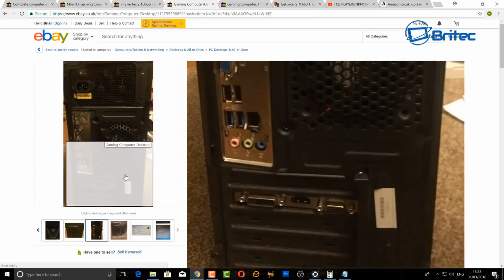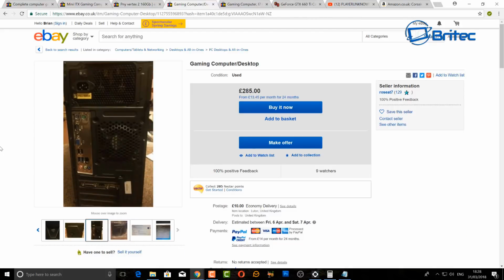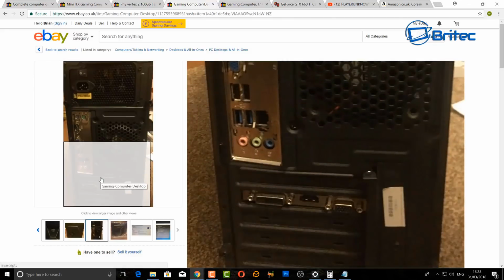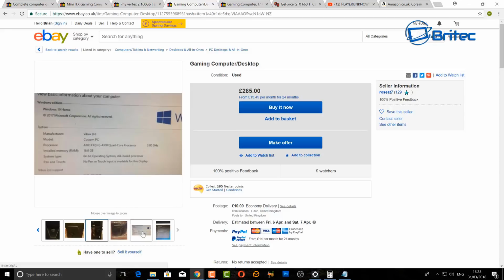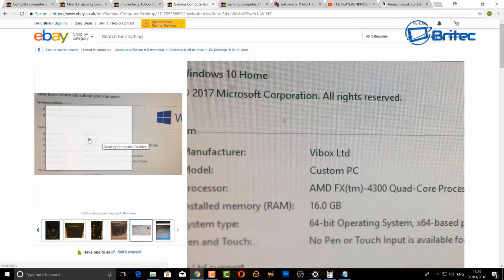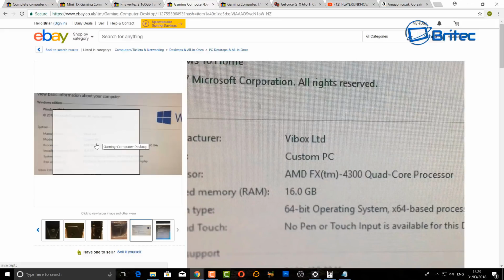Maybe 120mm fan on the back. So as you can see here, he's showing you some bits which you're going to get. The graphics card in there as well, which is an R7 200 series graphics card. He's showing you the packaging as well, how he's going to package it to you, and he's also showing you the specs. 16 gigabytes of DDR3 RAM is probably the most valuable part of this unit here, and it's going